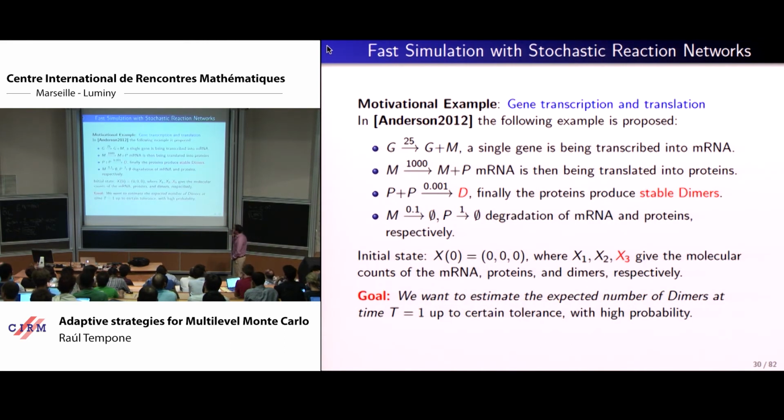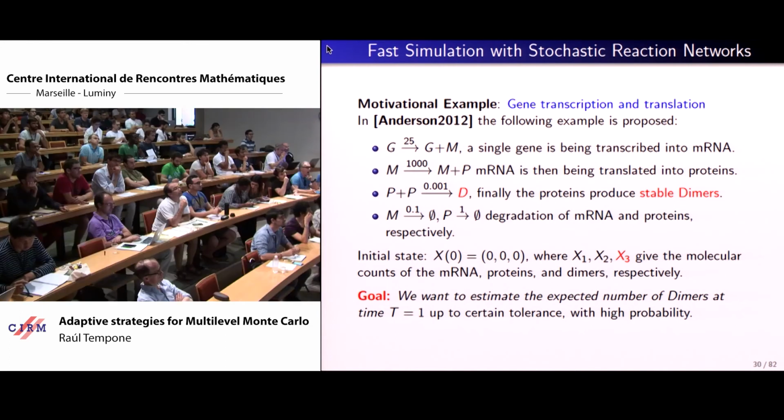So that's a motivational example. This is a gene transcription and translation. You have here in this system the component G that may react, giving G itself and M, and M actually may react again and give M and a P, and the P goes into D when it meets itself, right? So you see that they are sort of reaction channels. Essentially, when this thing happens, you know deterministically what is going to happen. The only problem is that the time where this occurs is not going to be prescribed a priori, it's going to be random, right?